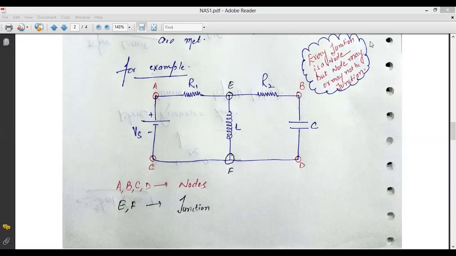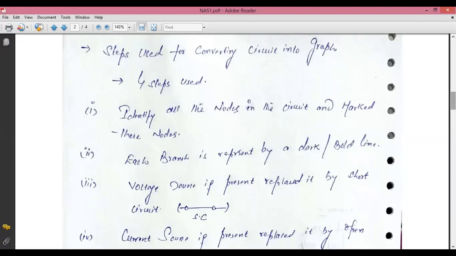And one more important thing that you should keep in mind, जैसा कि पॉइंट नंबर 1 है, पॉइंट नंबर 1 आपका कह रहा है कि जब आपको सर्किट को ग्राफ में कन्वर्ट करना है, you have to identify the nodes. आपको नोड्स आइडेंटिफाई करने हैं, आपको बेसिकली जंक्शंस आइडेंटिफाई नहीं करने हैं. तो आपका मेन टारगेट क्या रहेगा जब हम न्यूमेरिकल्स करेंगे? Your first target, आपके पास एक सर्किट होगा, you have to examine the circuit, सर्किट में नोड्स कहां हैं और जहां जहां नोड्स हैं वो आपको मार्क करने हैं. क्लियर है? This is all about today's lecture.